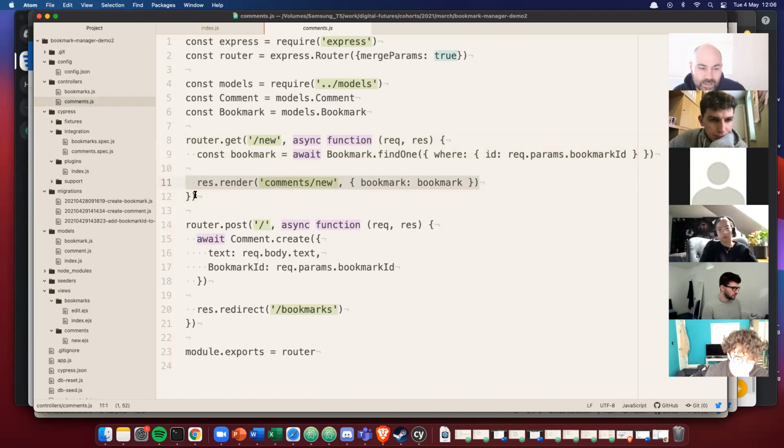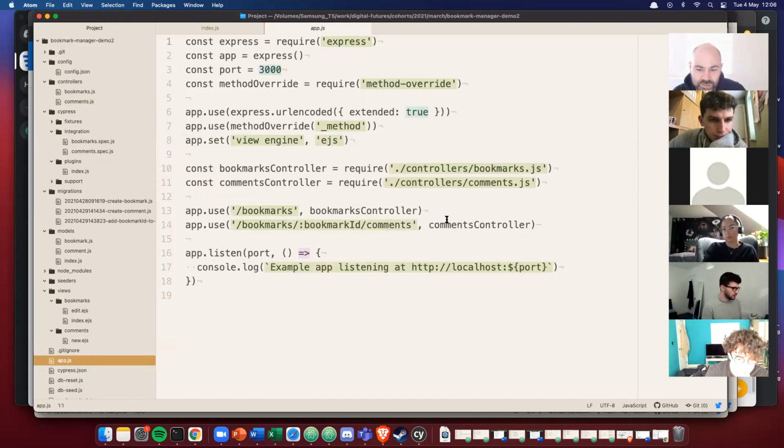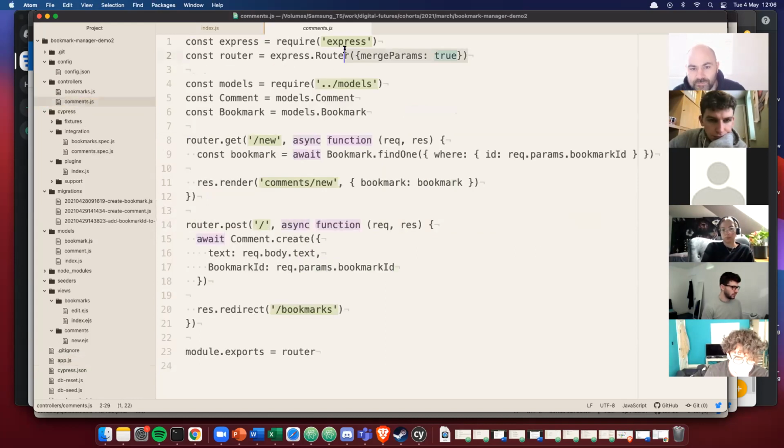Now, I also need to have a look at my app.js. My app.js requires my comment controller and loads it for use at this URL. As a result of my parent controller having the params, I need to make sure I merge them, merge params, so that my child controller has access to everything. So I can do a search for that specific bookmark for the ID that comes across in the URL, find it, and then send that data back,